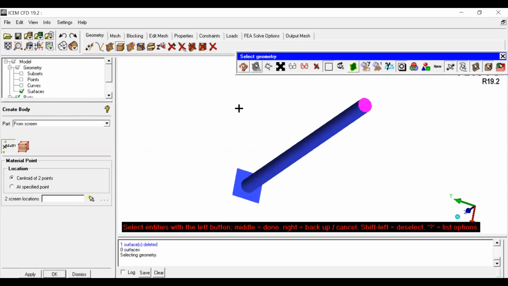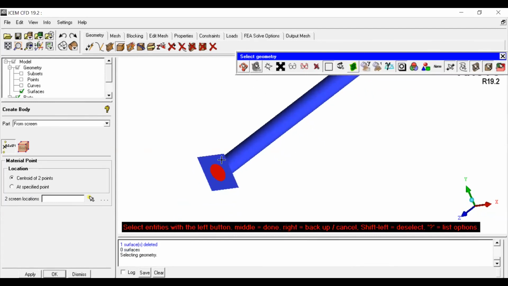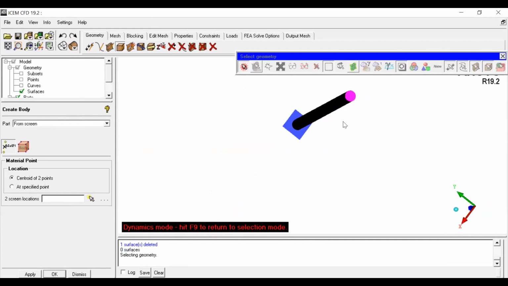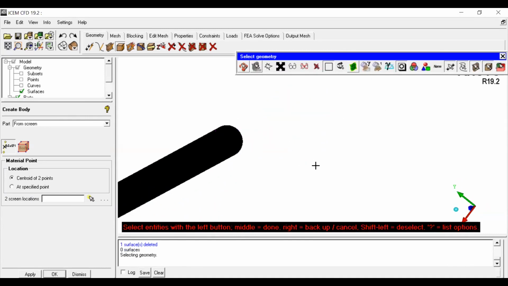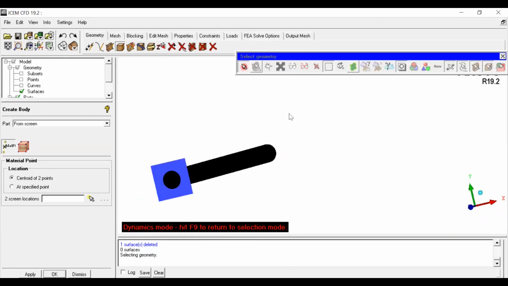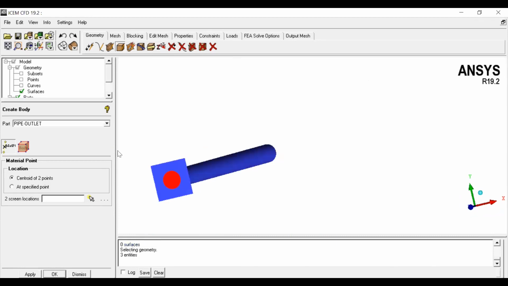You can select each surface. So pipe has three surfaces. One is inlet selected and surface of the pipe selected, and this other end is outlet. So all three surfaces of the pipe are successfully selected. Now we just simply select middle button and apply OK.